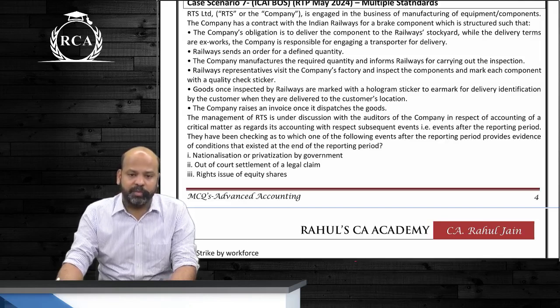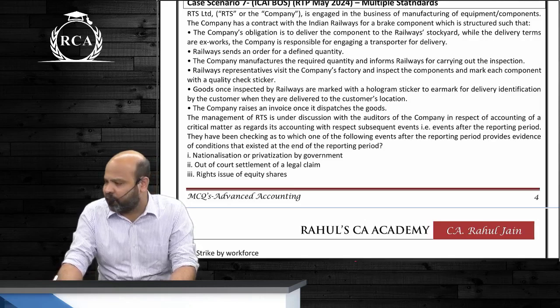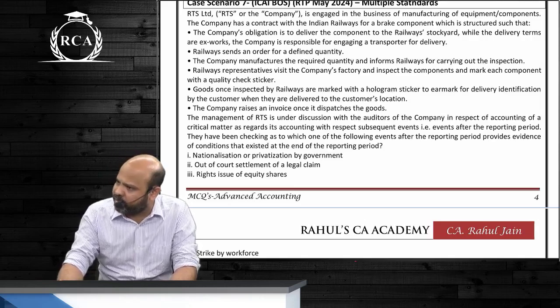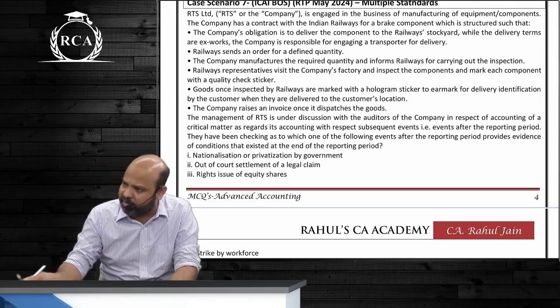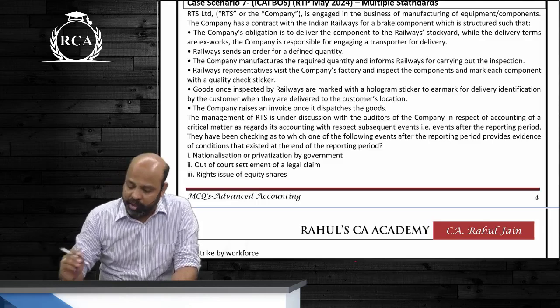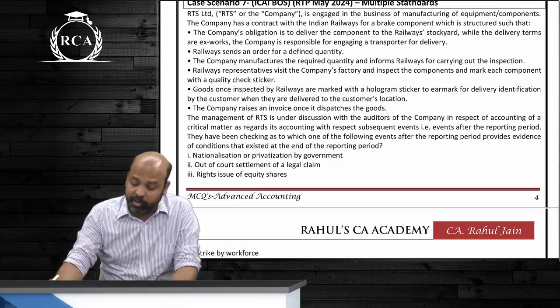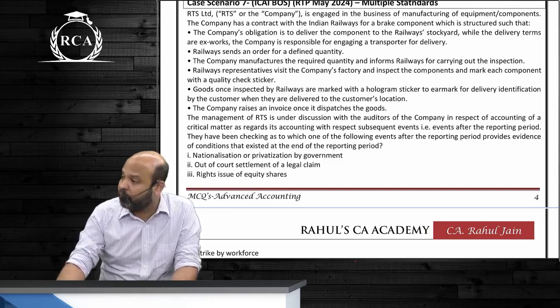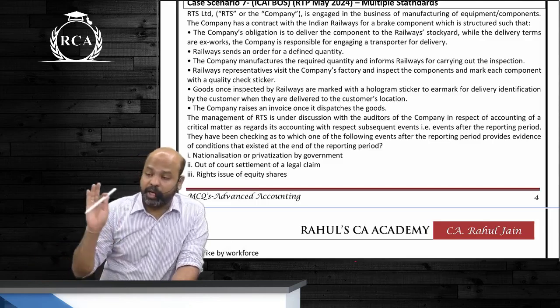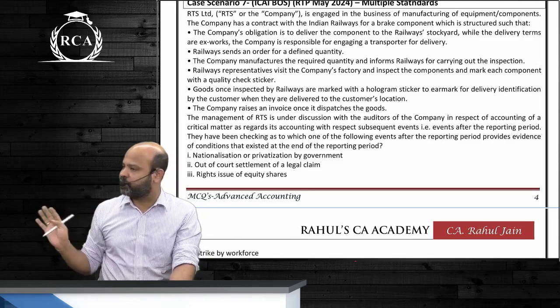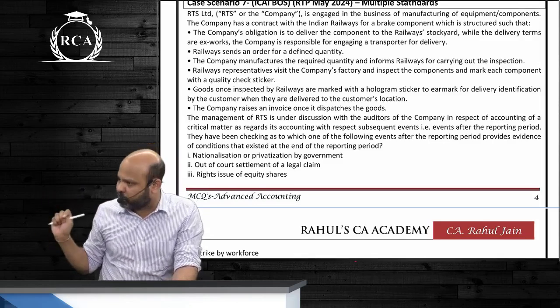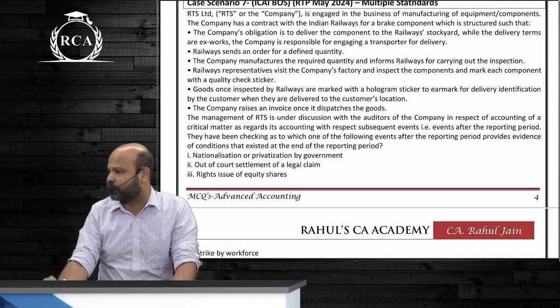Ex works quotation, what does it mean, guys? We have done that under AS 9, guys. It can be FOB, it can be CIF. Ex works means, beta, they will take it from our factory gate. But here it says, beta, though our quotation is on ex works basis, we are still supposed to hire a transporter. We are not going to pay for the transportation charges. Our job is to book the transportation and give it, the other party will pay for that transportation also.